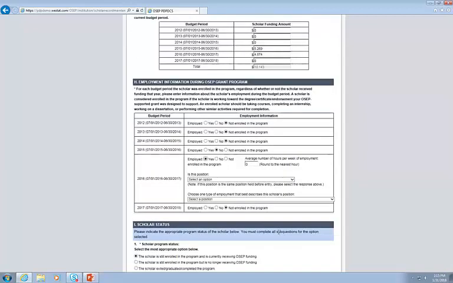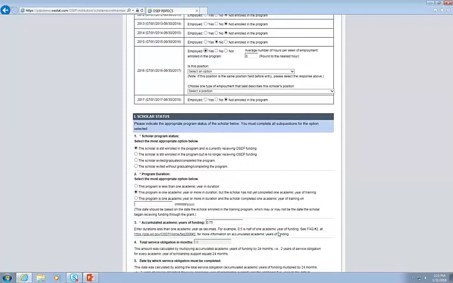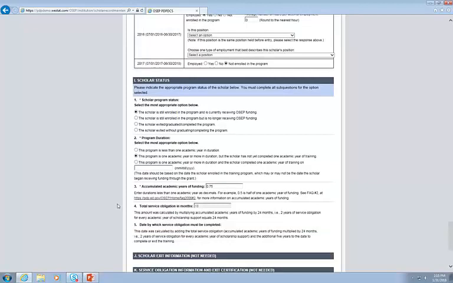Then the other section, at least for scholars that are still enrolled, that's really critical that you take a good look at and update is section I. The first question is about their status, so if they're still enrolled in the program, that's the status they'll remain in. Number 2 is program duration, and this has to do with whether or not the scholars completed one academic